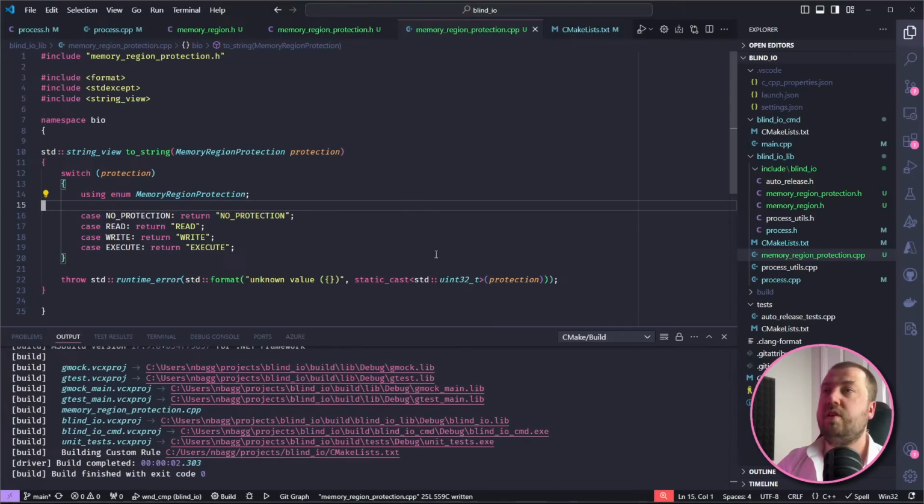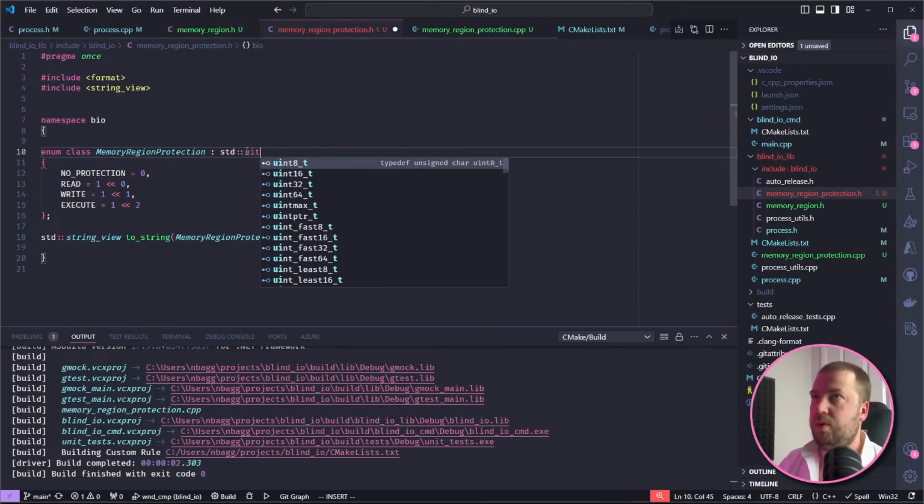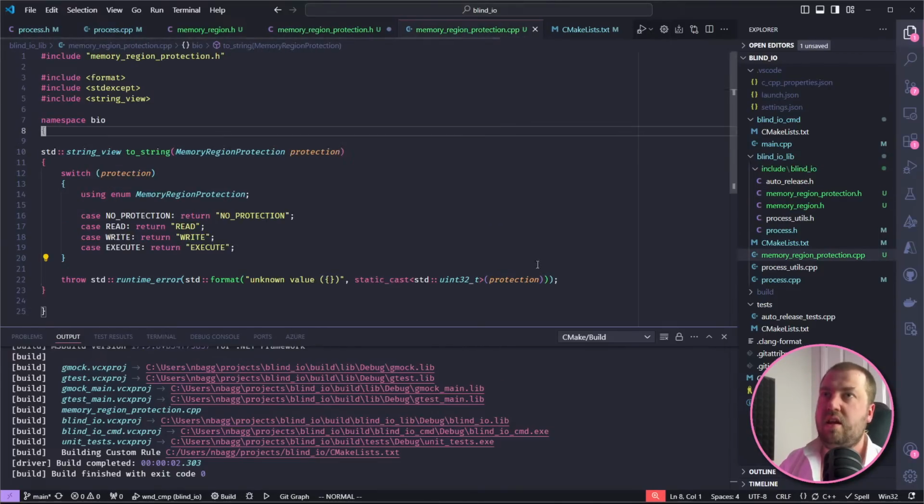The reason, so here's a good point. There's a reason I don't use std::underlying_type in this very specific instance, and that is because if we later on decided to change this to a uint8_t, then this would become a uint8_t, and this would probably try and interpret it as a character, so it would then convert this into an ASCII character, and it probably wouldn't be printable. You wouldn't get the number. So there are tricks you can do around that, but I think in this case, let's just be like, right, no, this is definitely a number.